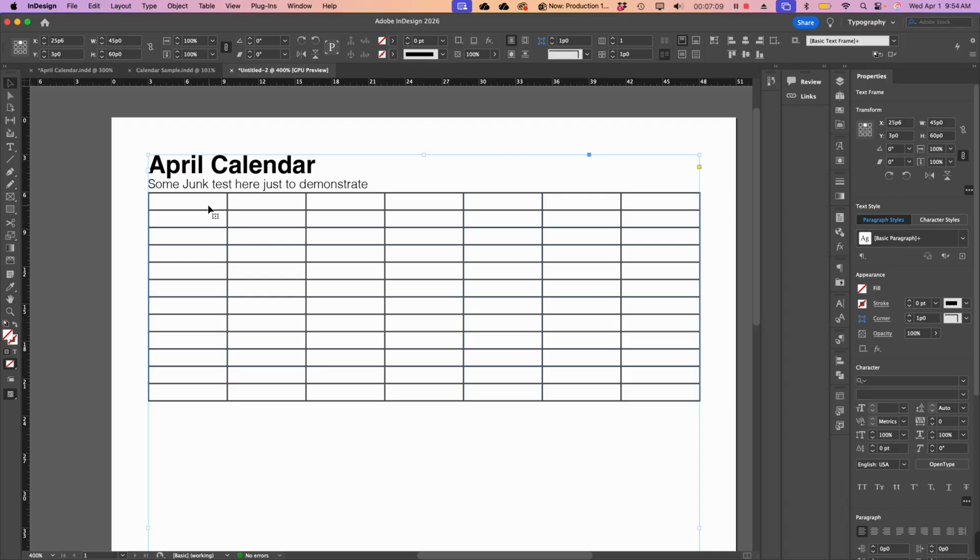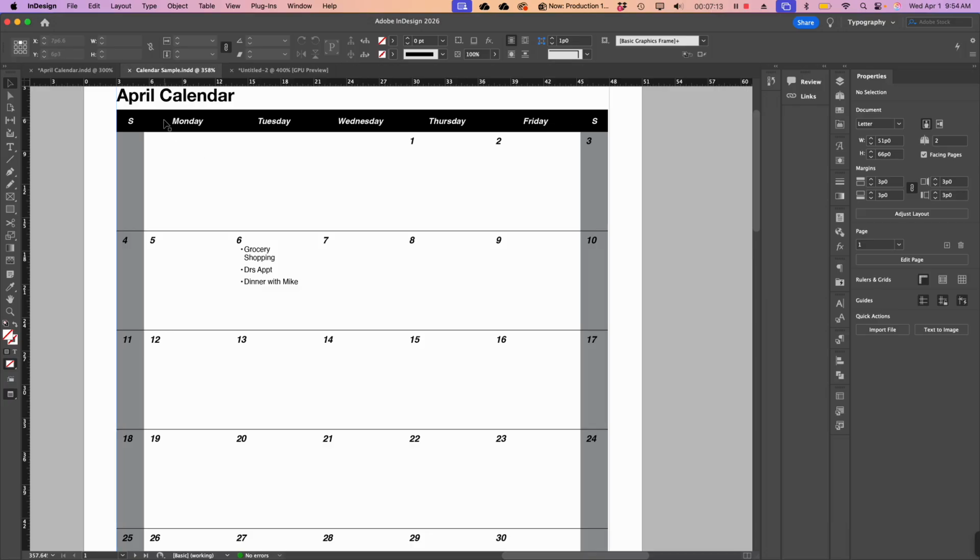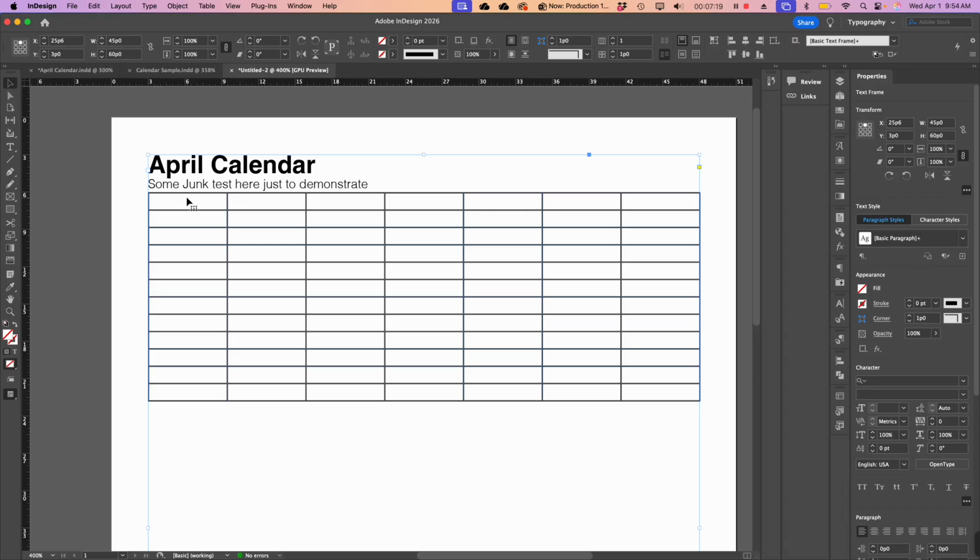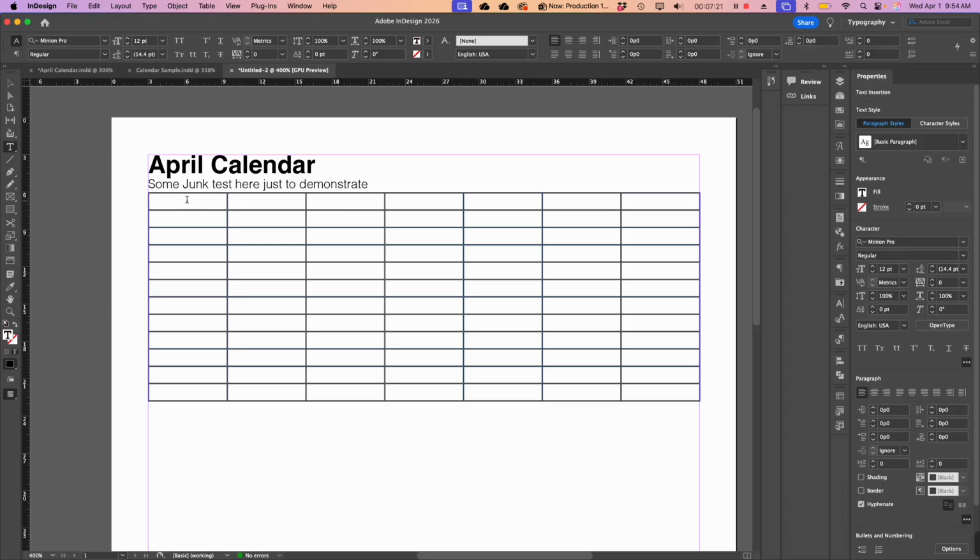So if we go back and take a look at our original, we're going to want to put our days of the week along the top in our header row. So let's just go ahead, you can do this any way you want. I'm just going to do S for Saturday and Sunday because I want to make those columns narrower. But then Monday,